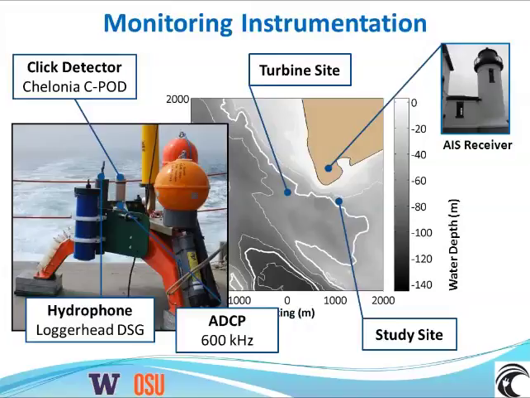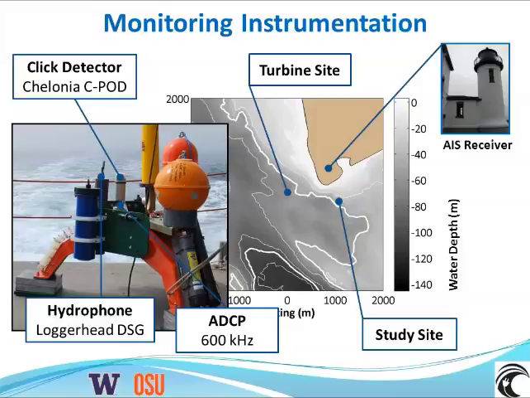So the way we try to monitor this is much the same way that we might think about monitoring a pilot project involving a tidal turbine. So again, the inset map is showing the project area off of Admiralty Head. The turbine site is about 1 kilometer west. The study site is about 1 kilometer east. There's an AIS receiver, an automatic identification system receiver, deployed on the Washington State Park Lighthouse on Admiralty Head that monitors both the ferry traffic in the area as well as the other shipping traffic in the area. So we can control for cases where the ferry passes by and then maybe another large vessel passes in close proximity and re-insonifies the site. So we want to control for those sort of situations.